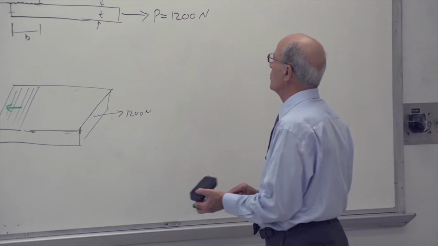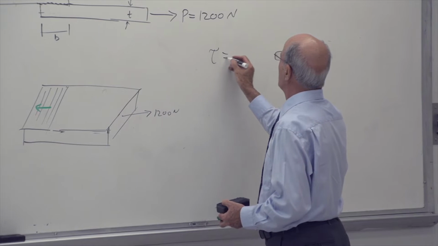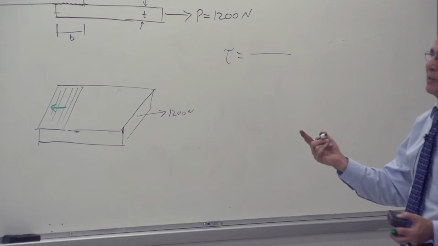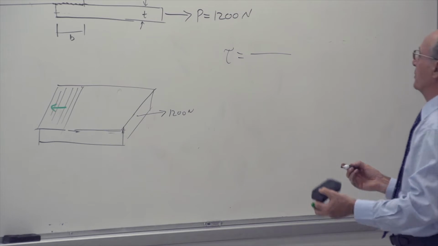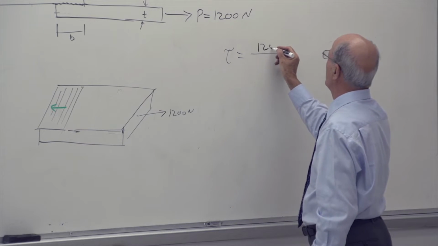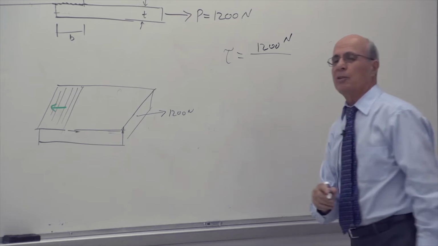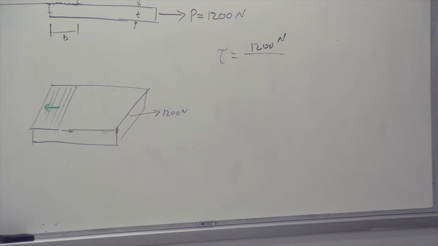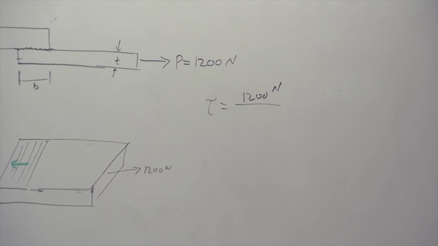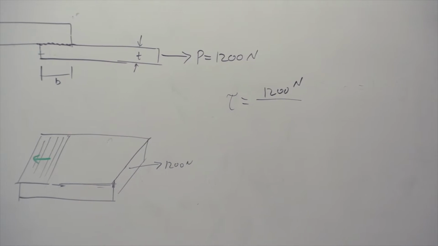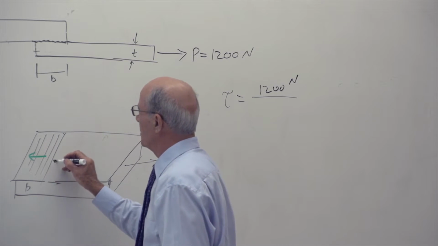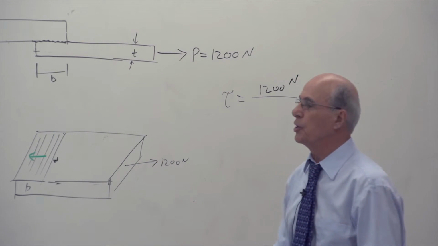So the tau on the glue, tau equal to the force over area. What force did we have? Because I already put it over there, remember I explained that. The force is 1200 Newton. What area are we talking about? Area of the glue, yes? Not one side, not both sides. Both sides are the same because they are glued together. So therefore it would be, this is B and this is W. Is that correct or not? Yes, so it is